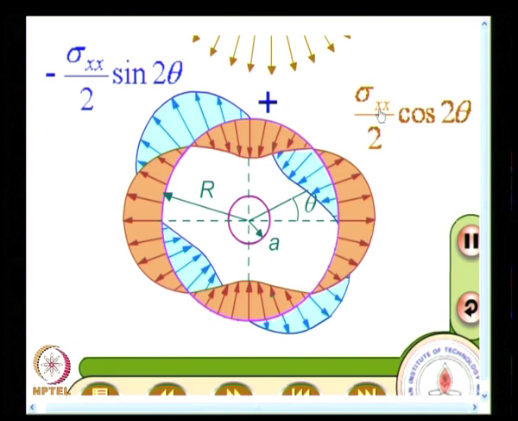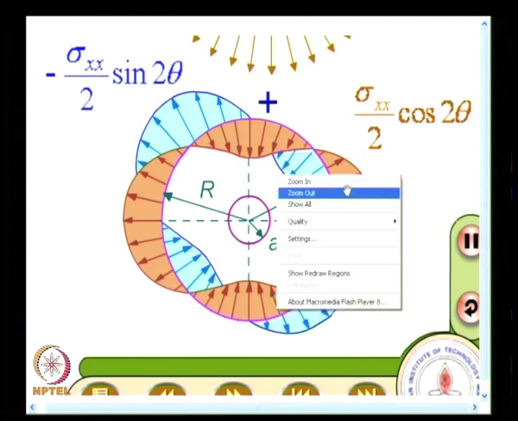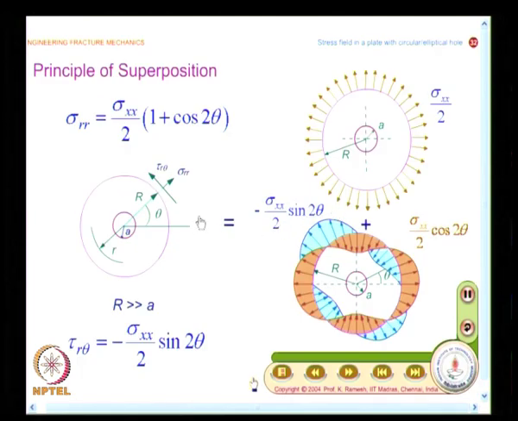The other problem is you have the stress components sigma XX by 2 cos 2 theta and sigma XX by 2 sin 2 theta. And if you look at the nature of the stress function, it is in the form of sin 2 theta and cos 2 theta. So, that is the reason why you are able to take that kind of a stress function. We have said n equal to 2 is a good candidate for solving the problem of a plate with an infinite hole. So, you solve this problem using that stress function